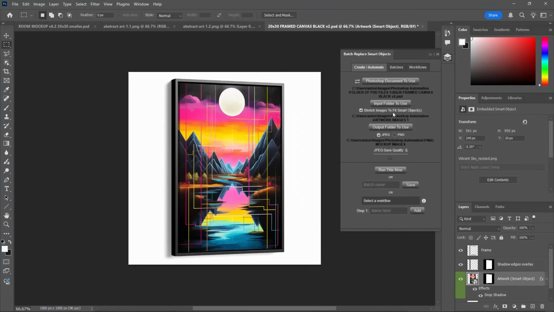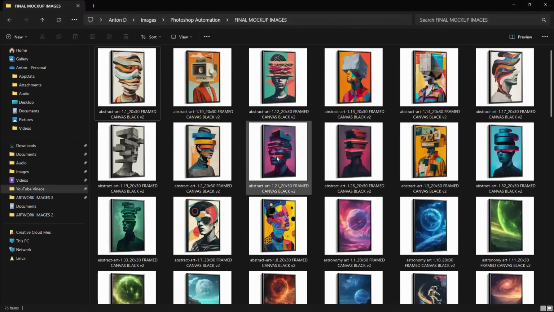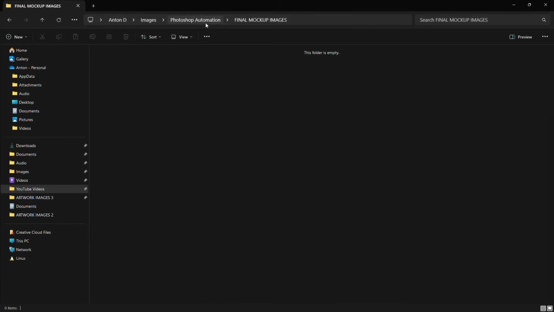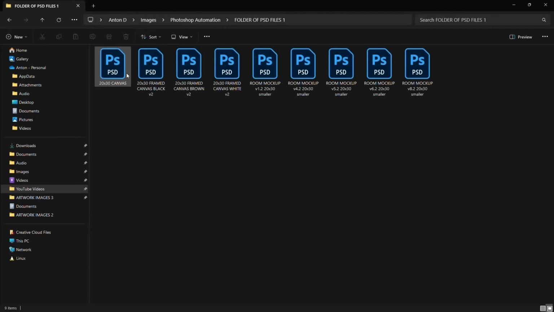So for that particular operation, we had it set up to just use one Photoshop document. What if, on the other hand, you have a workflow that looks something like this? Maybe instead of using one mockup, maybe you have 9 different mockups. Maybe you have different variants, like different frame colors for your artwork, and also maybe you have some room mockups